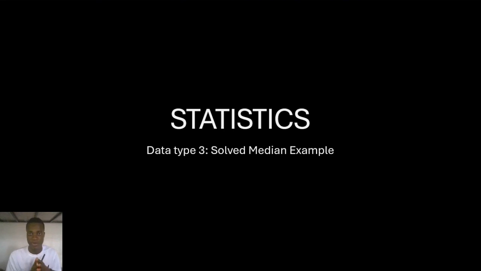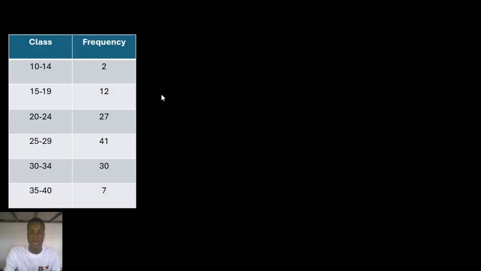So as usual, we are going to use this session to solve an example on how to find a median using just a simple example like this one. We are going to use this simple table. We have used this to find the mode before. By using the same data, we can find the median. So we are going to use the approach of finding the median of data type 3 to solve it. From the previous session, what we learned was that generally in data type 3, to find the median value,